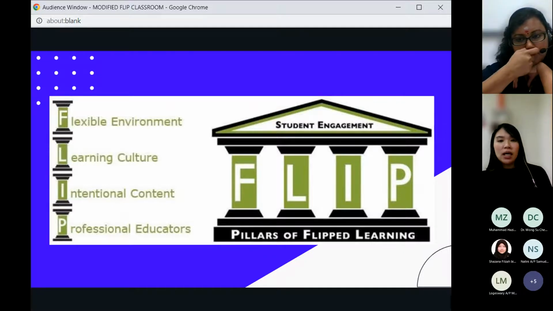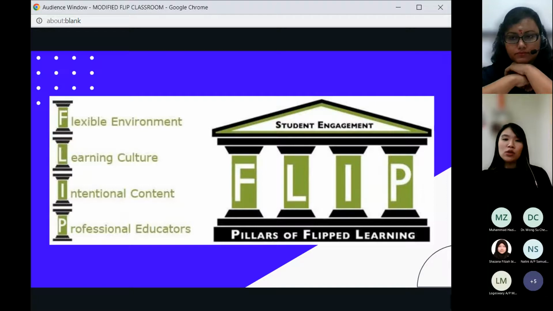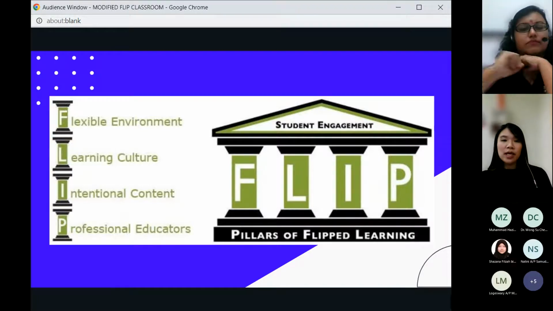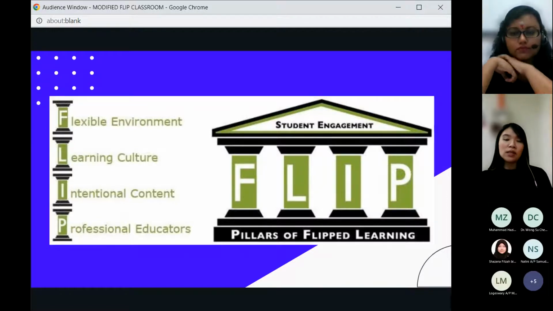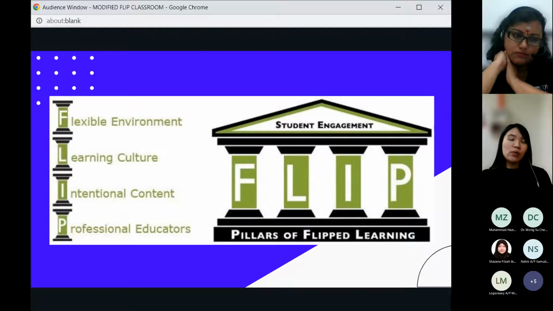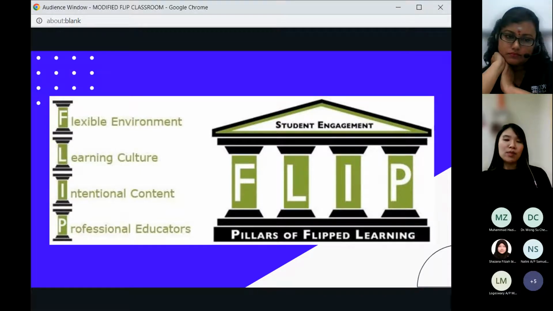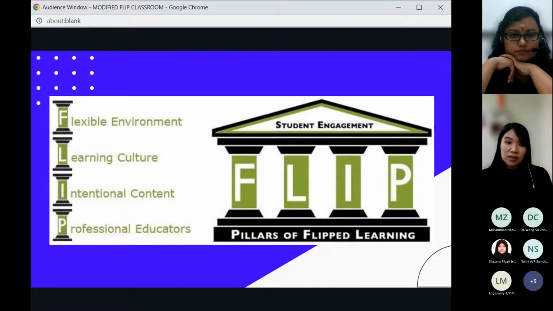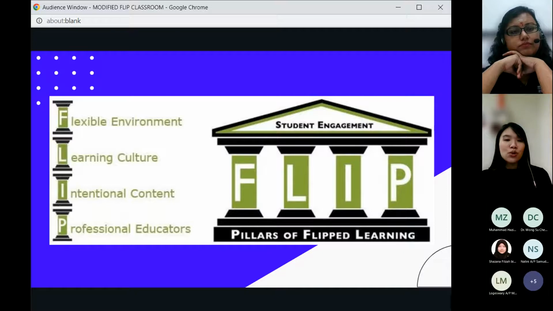First one, some of you have already mentioned also, you can learn anywhere. For the students, they have a flexible environment. You can rearrange the learning space. No longer do they have to learn in the class. They can choose when and where they want to learn. Probably our class time is in the morning, however some of the students can only focus at night. So the flip activities that you provided, they can do it at night, and maybe they can understand better and remember better. So it's a flexible environment for the student.